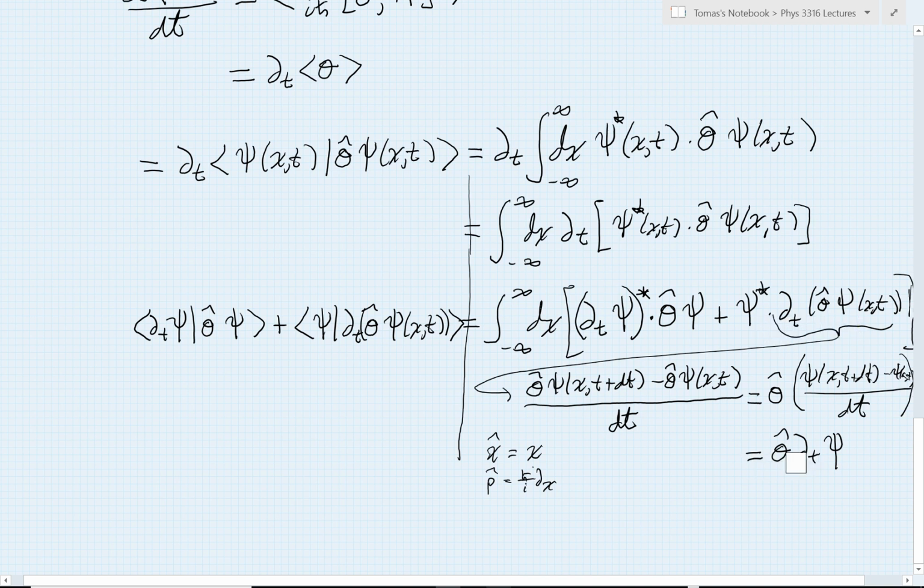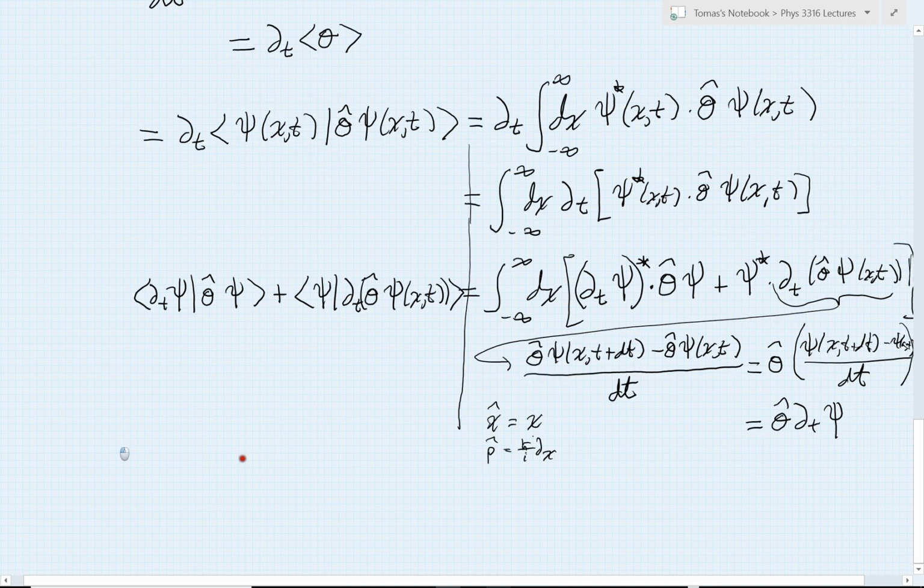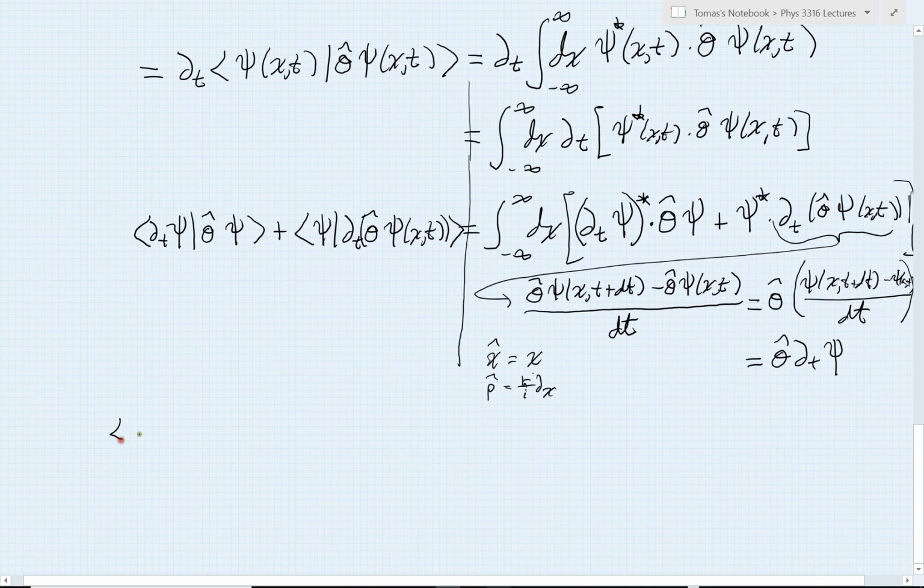So let's write this all out now in our more compact notation. So I'm going to rewrite things more neatly: time derivative of psi on the bra. In the ket, I've got the operator acting on psi. For the second term, I have psi, and then my time derivative has now just moved past my operator,